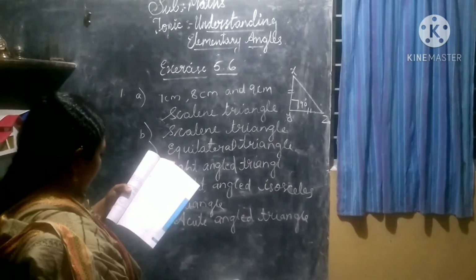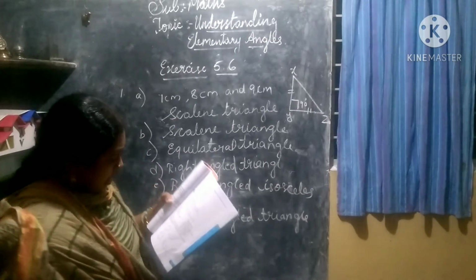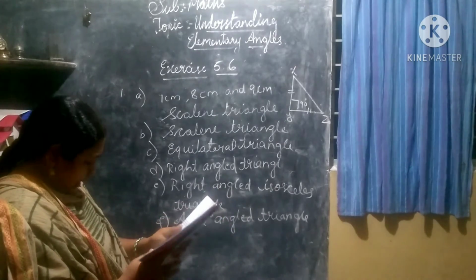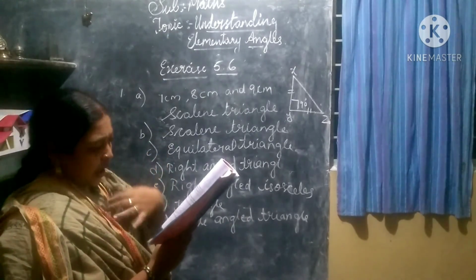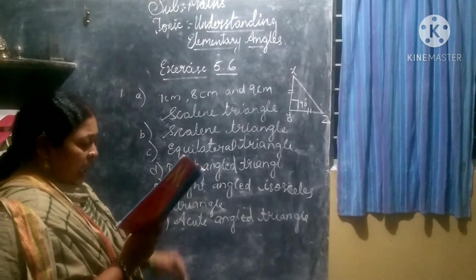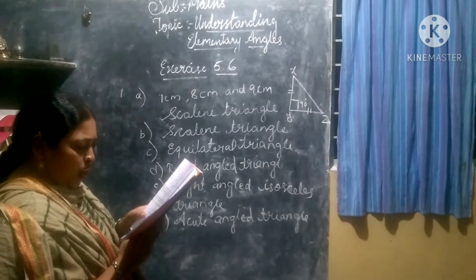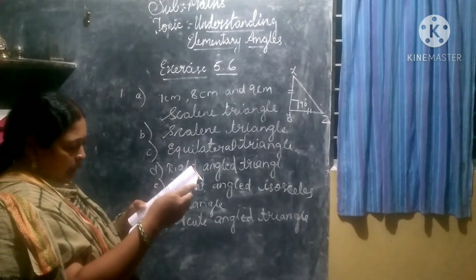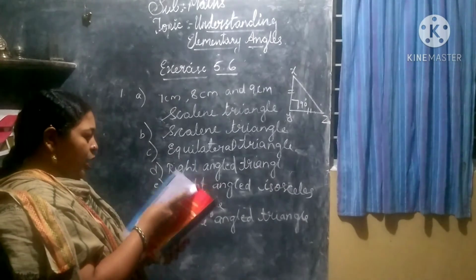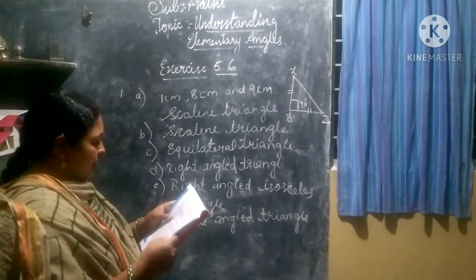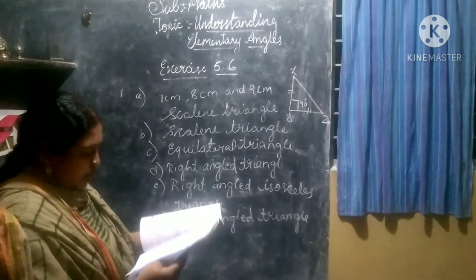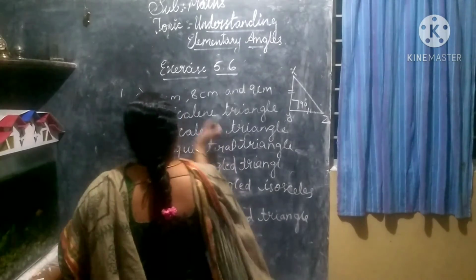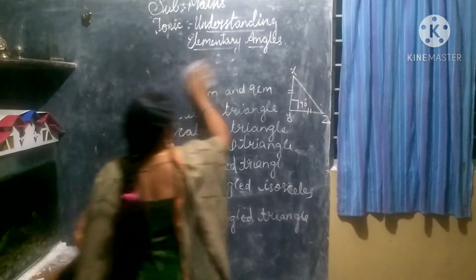So look at the second one, it is match the following. Here the measures of the angles are given and based on that you have to match. I will give it to you. Now look at the third one. Name each of the following triangles in two different ways. You may judge the nature of the angle by observation. By looking at the picture, you have to tell the name of the given triangle. This also I am giving to you. So the second and third are your homework. Let me go on to the fourth then.